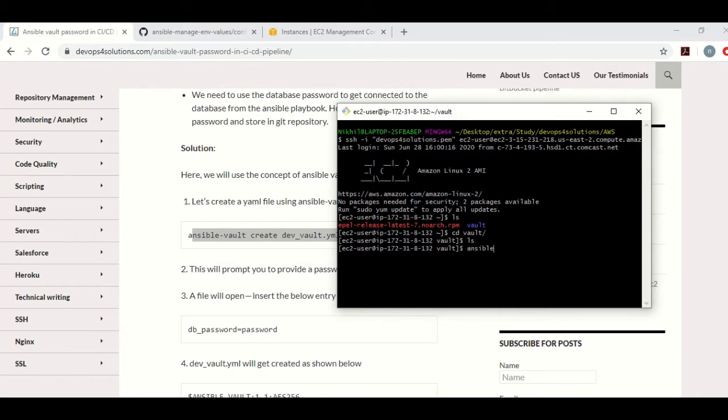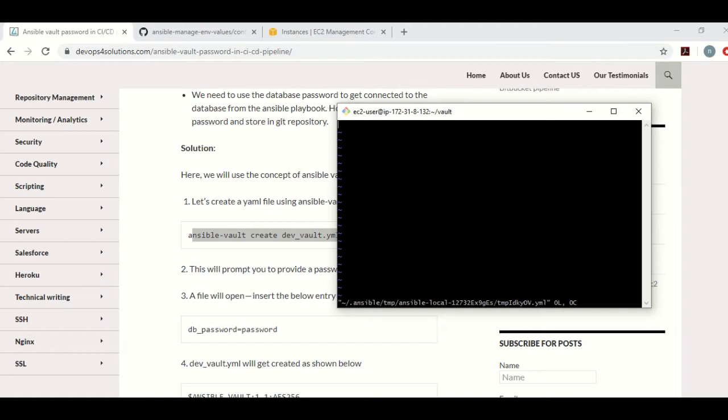Let me run this command: ansible-vault create dev_vault.yaml. This will prompt you for the password for the vault. Here you can put whatever password you want and it will ask you to confirm the password also. After that, it will open a file.